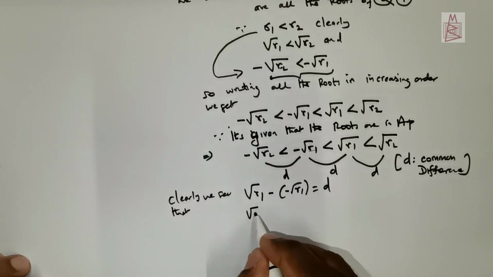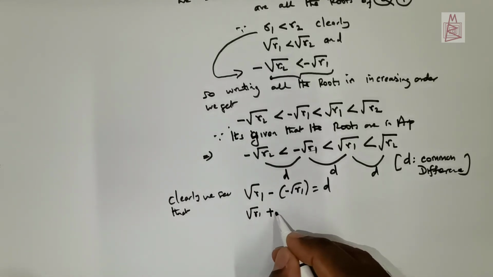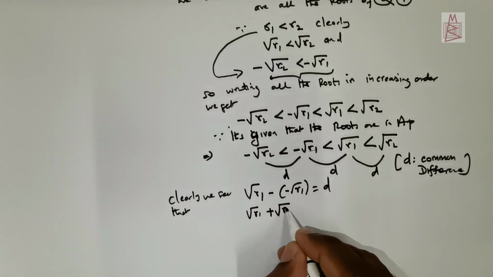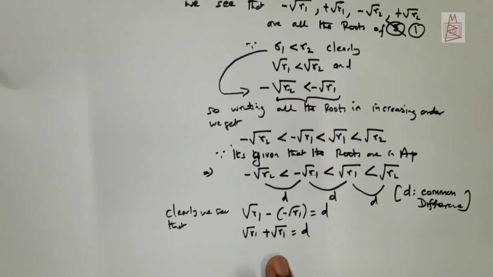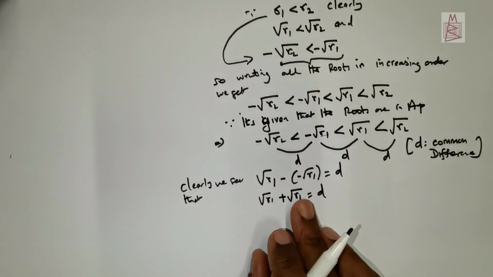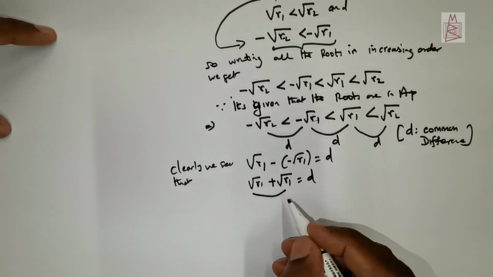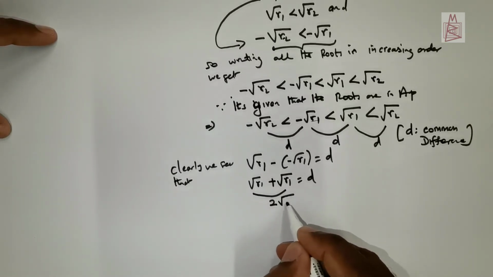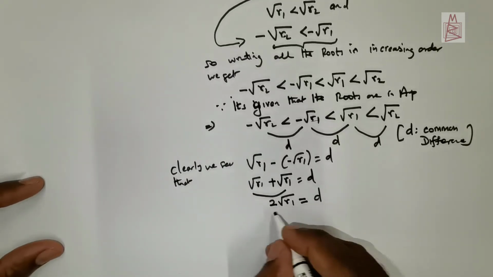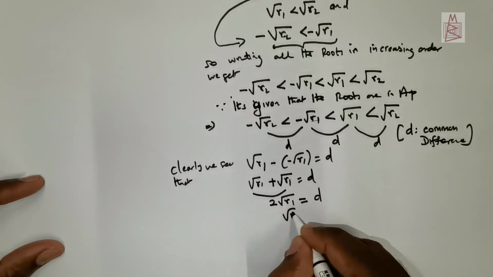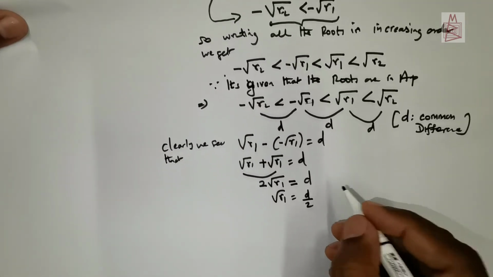So this is root of R1, negative times negative, positive, and that's going to be root of R1 equal to d. Now, these two can be added, giving us 2 times root of R1 is equal to d. Now, if I move this 2 down, root of R1 is equal to d divided by 2. Now, squaring both sides,